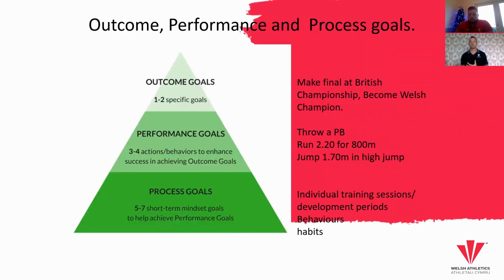There's lots of different types of goals that we need to think about when we're planning. We're very good at our outcome goals. I want to be the champion of this. I want to be Welsh champion. I want to throw this far, or jump this far, or run this time. We're very good at those, but perhaps not so good at the process goals. How are we going to go about those things? What am I going to do tomorrow that means that next week I'm at this stage and the week after